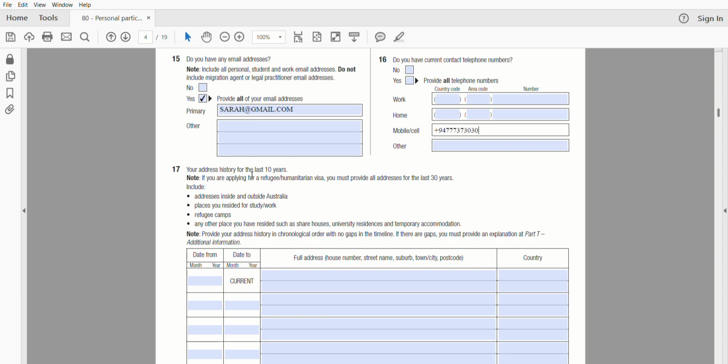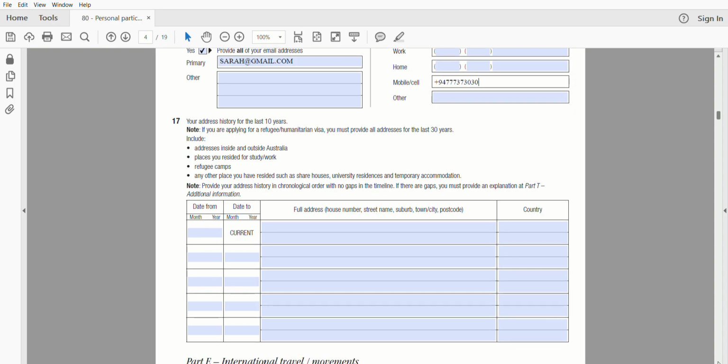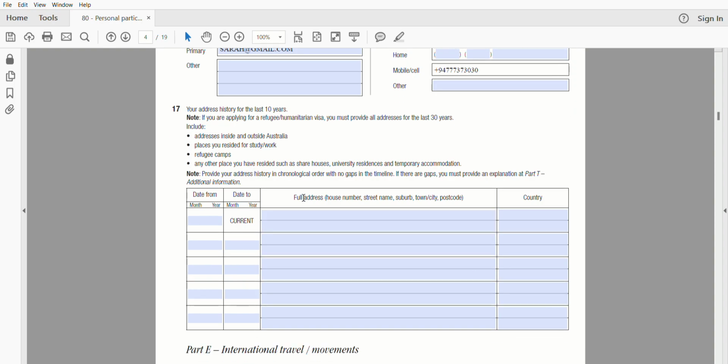And then your address history for the last 10 years. So you need to list out your address for the last 10 years, starting from your current address. You can mention this as current and include your current address and the country.